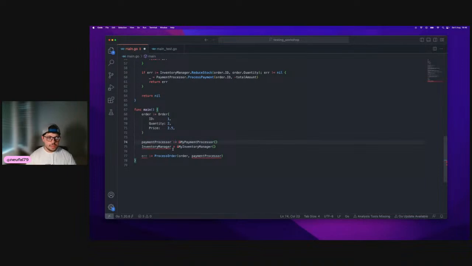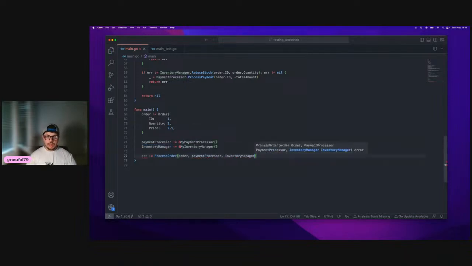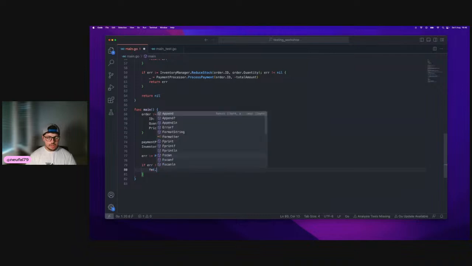Okay, my bad. Now it's defined. And the inventory manager. Okay, so if error is not nil, so we have errors, we just can